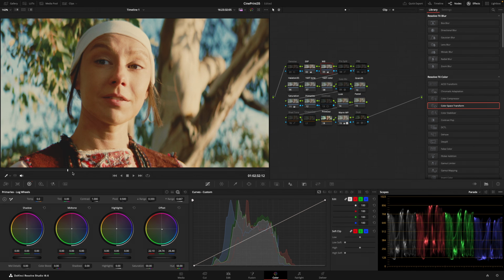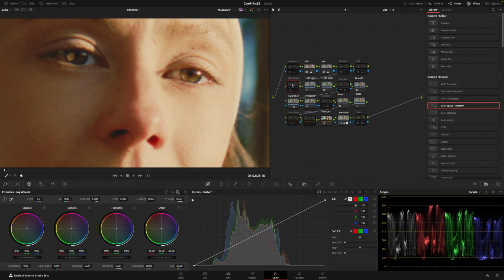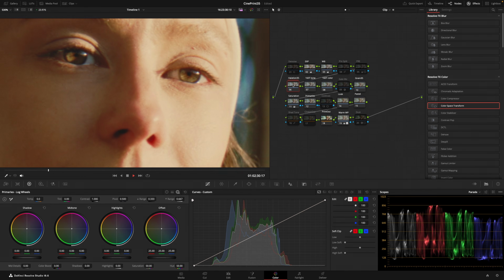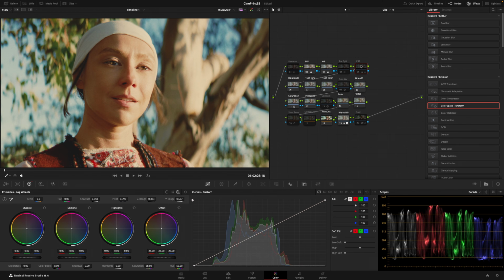You can see a little bit of halation happening in her eye. Not sure if that's visible on YouTube. Maybe I'll zoom in here. But yeah, even those small details, the little pings in the eye, can be really interesting and filmic. So I think what I'll do here is I'm going to turn on our pre-contrast and then post-contrast, and I'll boost that just a tiny bit,